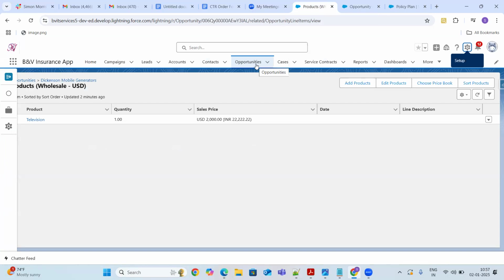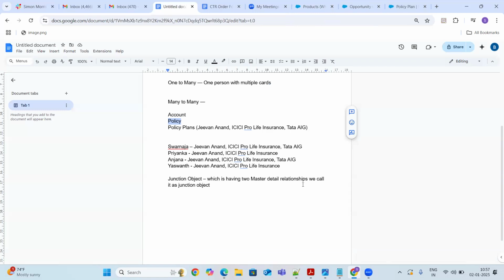And apart from that, we can create our own custom many to many relationships. That's it for today, guys. So you have to understand the use case of many to many relationship, and then how to establish this many to many relationship in Salesforce.